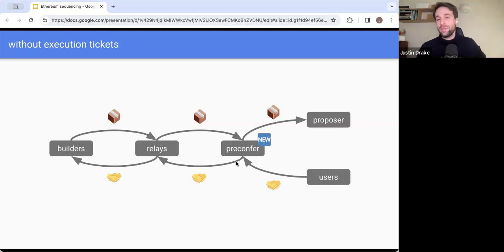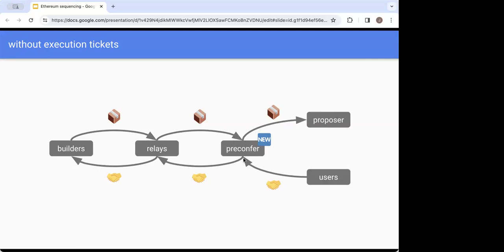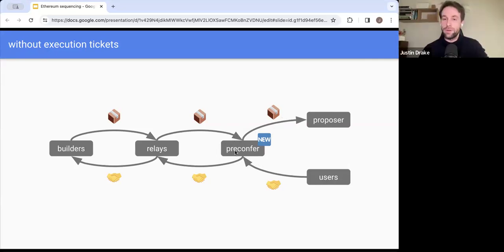So if the pre-confer has provided pre-confirmations, they want to make sure that the proposer can propose a block that respects those pre-confirmations. And so what I think is a reasonable placeholder for this temporary pre-confer is a relay, right? Because the relays are already trusted to be online by the proposer. Specifically, the relay is trusted for the get payload request. And so here we're just extending this liveness assumption to something a little bit stronger.